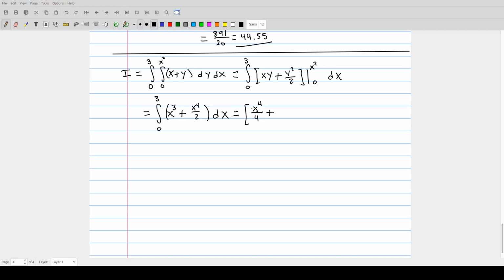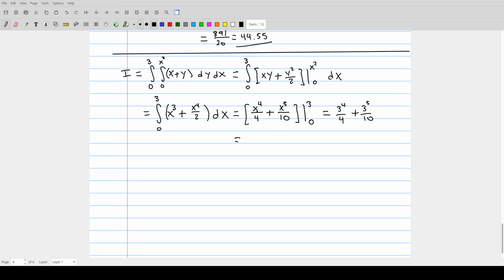And the antiderivative of x to the 4th over 2 is x to the 5th over 5, which we have a 2 here, so it gives us 2 times 10. And we have to plug in here 3 and 0. So again, when x is 0, both x to the 4th and x to the 5th are 0. So really this is just going to be 3 to the 4th over 4 plus 3 to the 5th over 10,